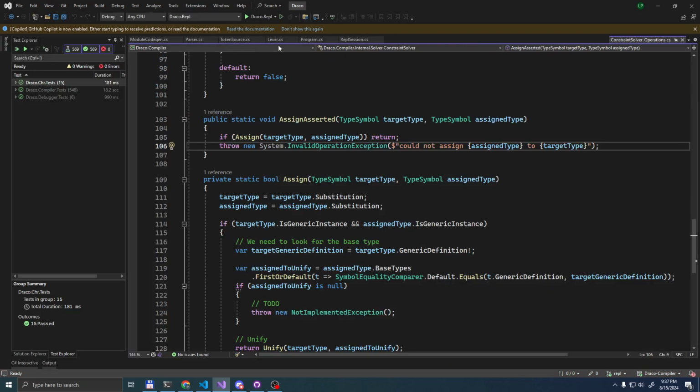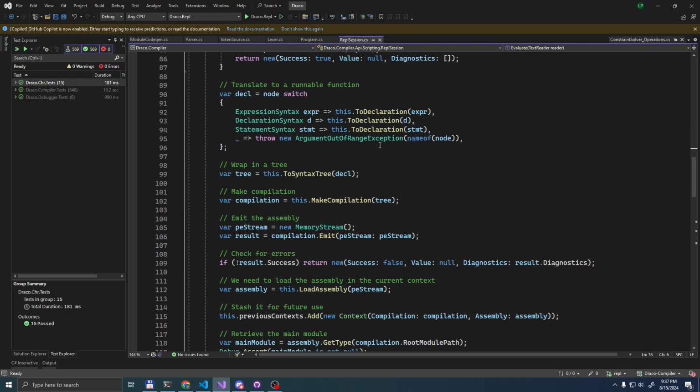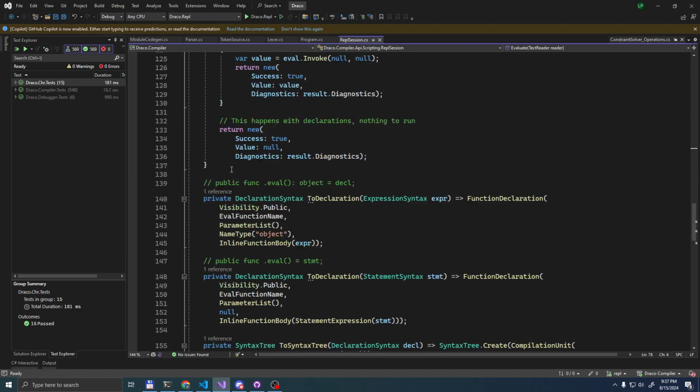If you look at the way the REPL session builds out your evaluation functions, if you have an expression, we explicitly build a function like this. We create a .eval function that returns an object, and here is where the assignment wants to happen in the type system. We'll deal with this later though. We'll open an issue and tackle it. It's probably not even an interesting issue. It's just an edge case we didn't handle yet. We should report that we couldn't infer it from context, and that's it.